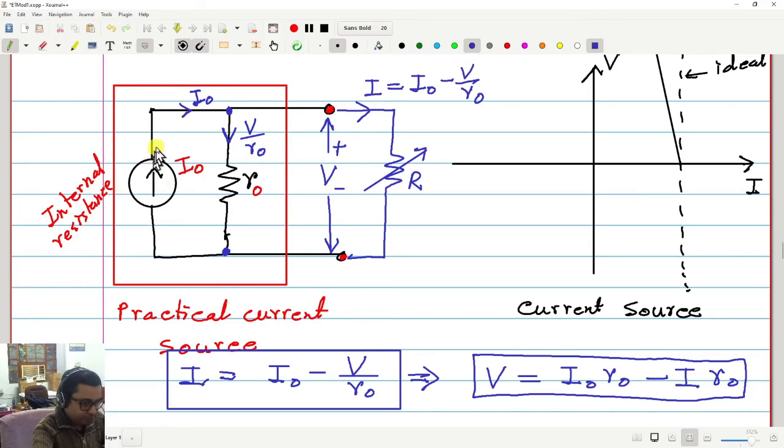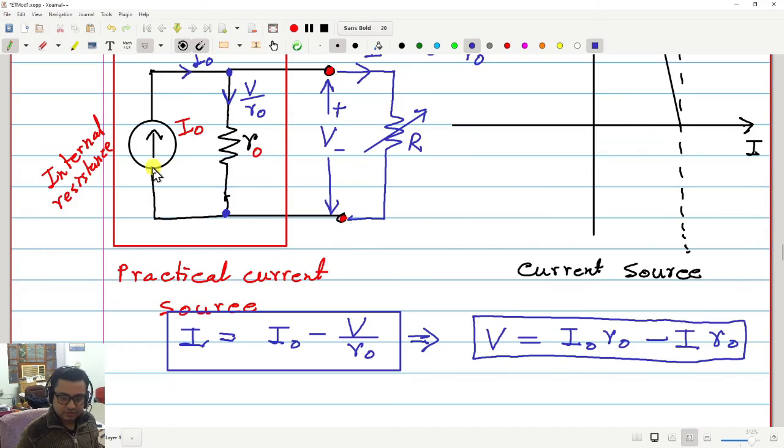So yes, the thing is that this symbol is the symbol of an ideal current source. So if I use this symbol anywhere, then that part of the circuit will behave as an ideal current source, and this current will definitely be I naught. Okay, so this is the symbol of an ideal source. Sir, will you be providing this class note in the files? Yes, no problem. Why not?